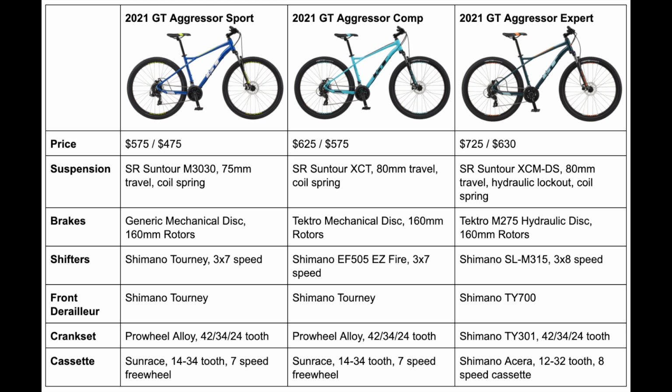Personally, if you're going to spend that much money on a bike, you're probably better off going towards the GT Avalanche lineup, which I'll do a comparison of soon. However, I still did want to make this video to cover the Aggressor lineup, so I hope it was easy to understand for all of you